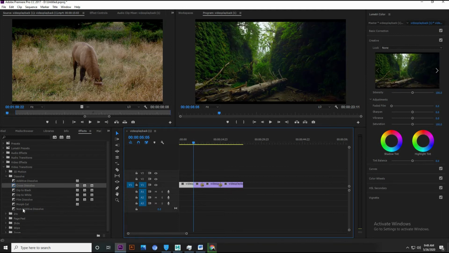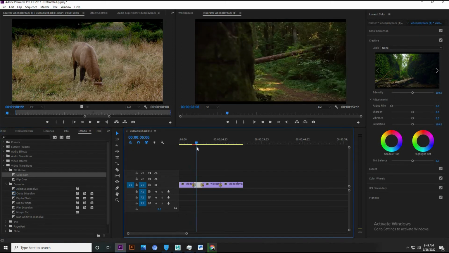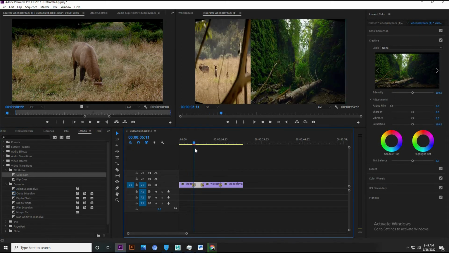Now again I'll come here. I have told you about a lot of these video transitions. I can try all of them. Like if I give a cube spin, it will spin from here and show the other one. See,